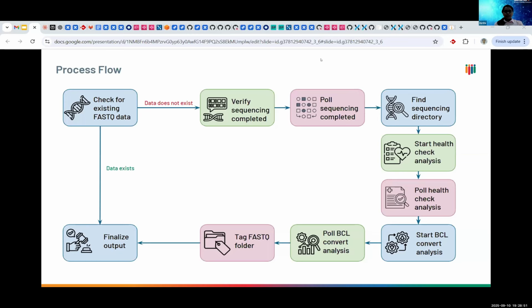All the steps that I have mentioned run automatically one after the other. If something goes wrong, for example if a step fails, the state machine is configured to retry or flag the error appropriately. Let me give you a small example here. While finding a sequencing directory, it can go in multiple ways, right? You may find a sequencing directory, you may not find it, or you may find multiple folders or any other kinds of error. So the state machine can be configured in different ways.